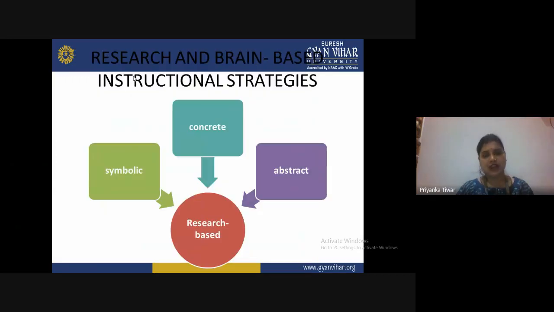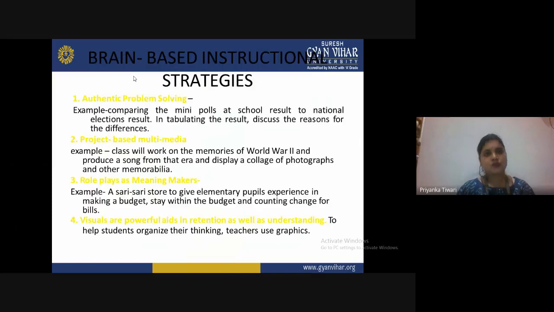Now, research and brain-based instructional strategies: symbolic and concrete, and research-based abstract. Brain-based instructional strategies include authentic problem solving. For example, comparing the results of a poll at school to national elections, tabulating the results, and discussing the reasons for the differences. Project-based multimedia is another example: the class will work on